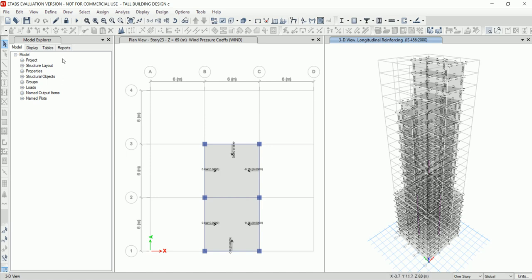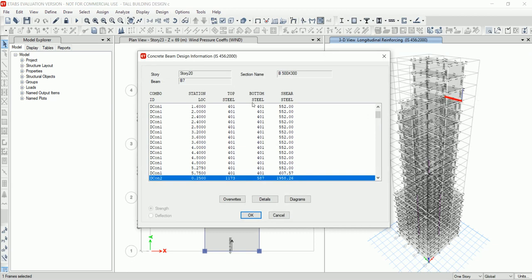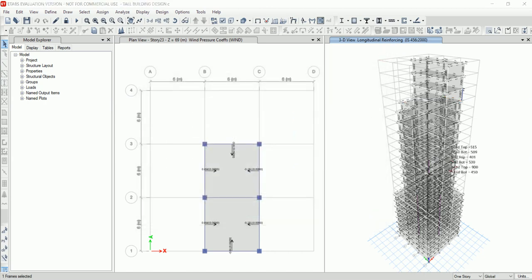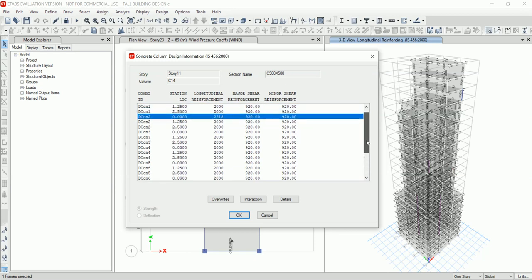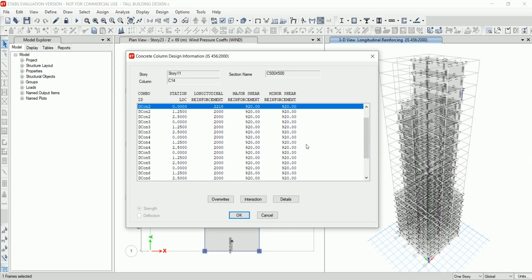Now click on, these are the details regarding reinforcement.